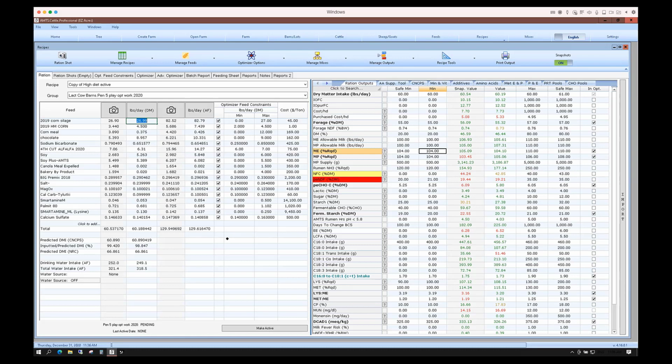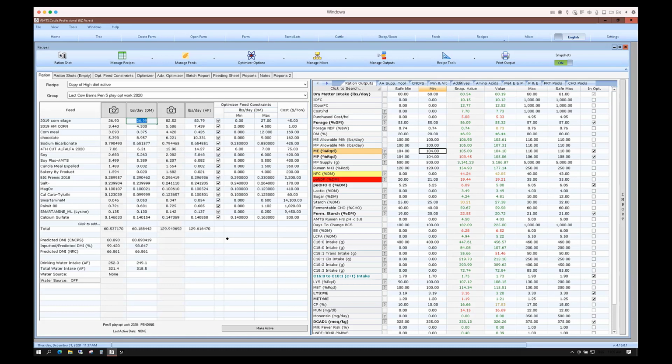We're actually seeing it return feedable diets on a regular basis, and even its suboptimal diets, many times they are quite close to meeting all of our constraints, and it gives us, at a minimum, a good working base to do some cleanup formulation manually.